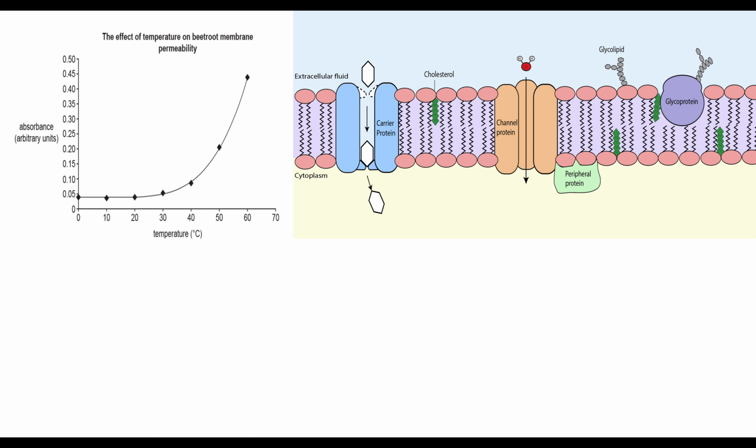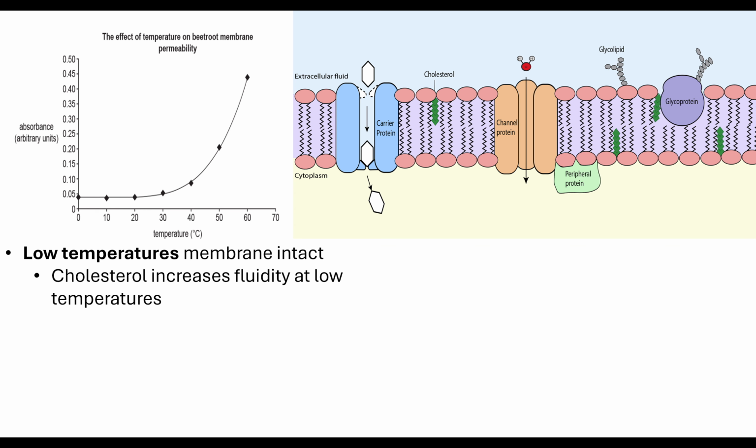So if we look at temperature, when we have low temperatures, the membranes are intact, and they're intact because cholesterol actually increases the fluidity at low temperatures. And that's important to allow for molecules to still move across into or out of the cell. So do check out my video on transport across membranes, where I'll talk about the different movements. But the cholesterol is necessary to ensure at low temperatures those phospholipids don't pack together too closely and therefore prevent